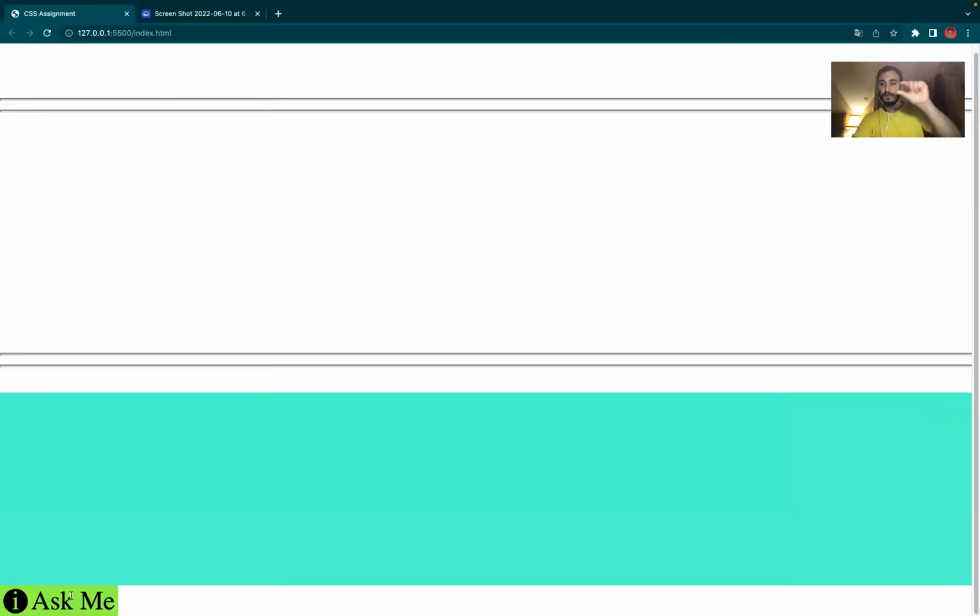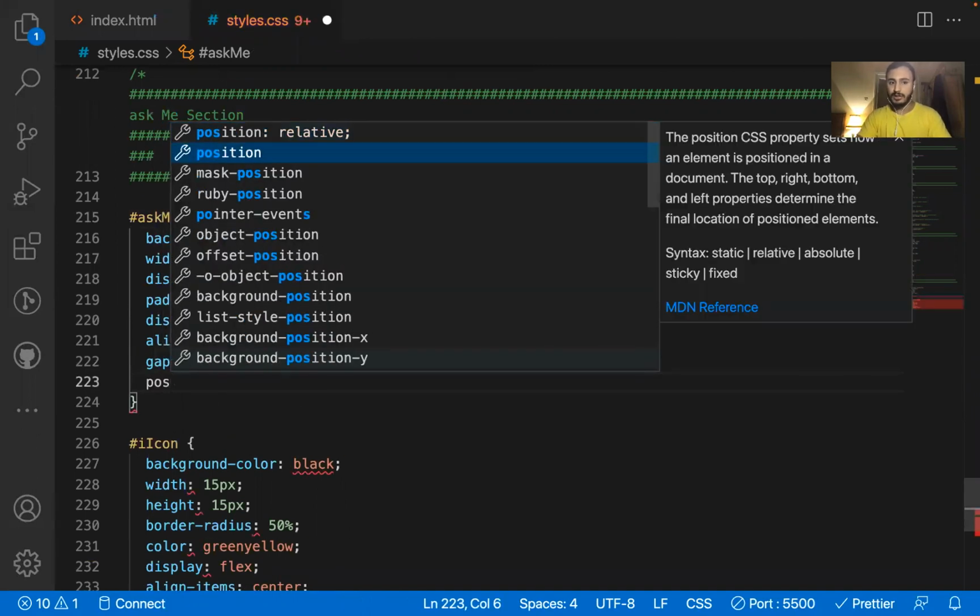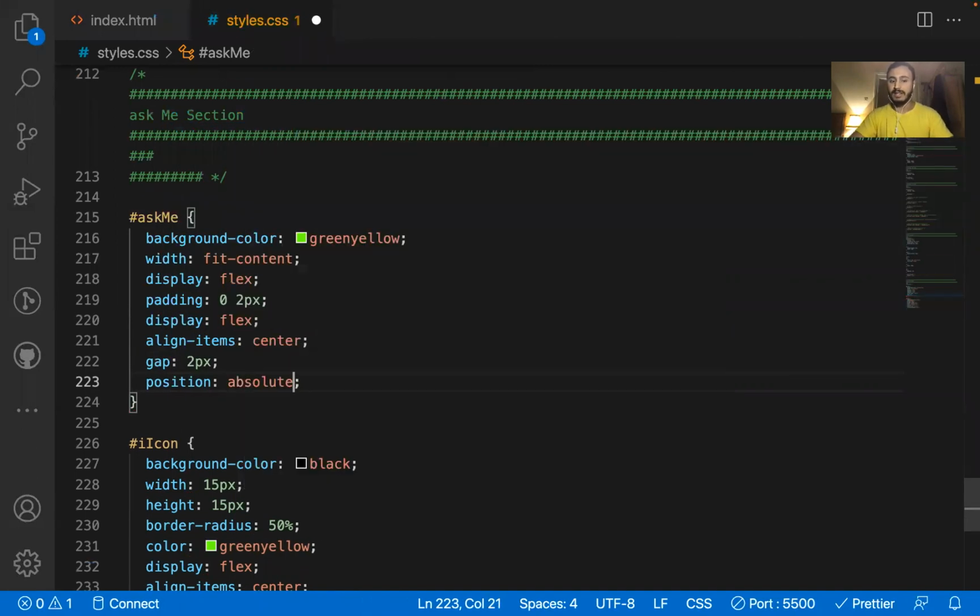So now let's take this whole thing, okay, and give it absolute value. The whole thing, which is ask me here. So we'll give it position absolute. That means everywhere. But let's see relatively to what, because when you put position absolute or position fixed, you should put somewhere else position